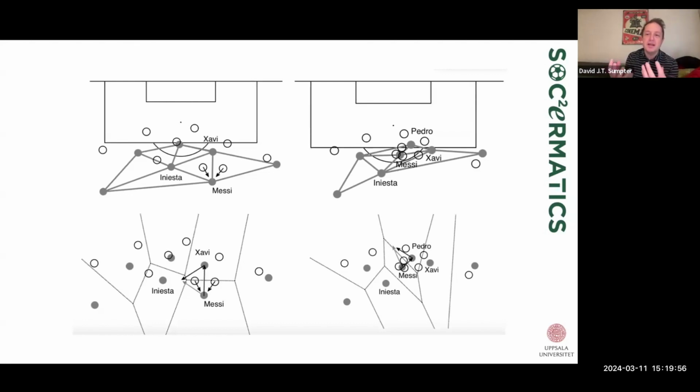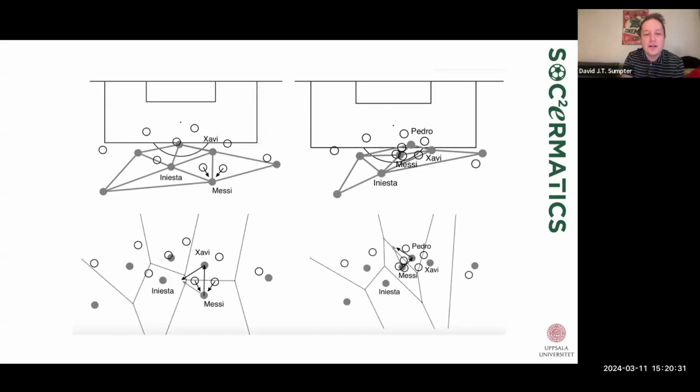And what this meant is we could say when looking at Barcelona, when playing tiki-taka, by opening up space, they were also producing passing triangles. And there's a lovely mathematical relationship there. If you can open up as much space as possible, you also open up very clear passing triangles between the players. And so they're utilizing that mathematical relationship between the Voronoi diagram, which describes space usage, and the Delaunay triangulation, which describes the closest connections between individuals.